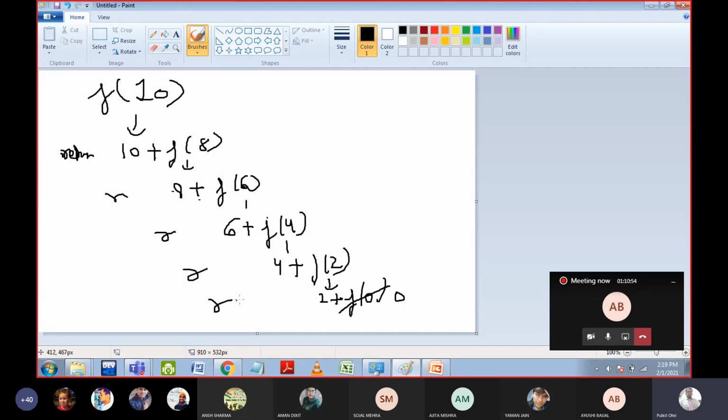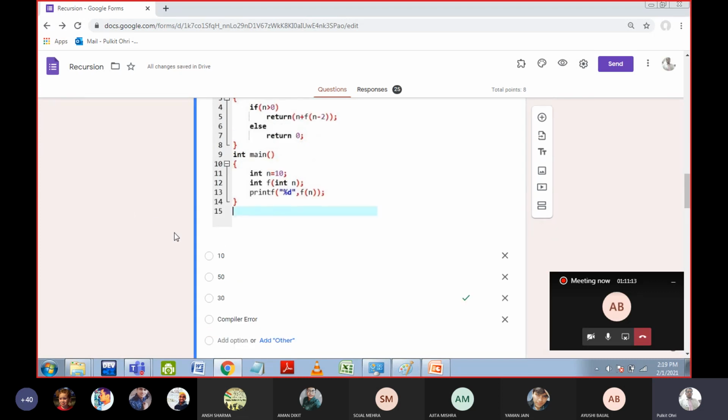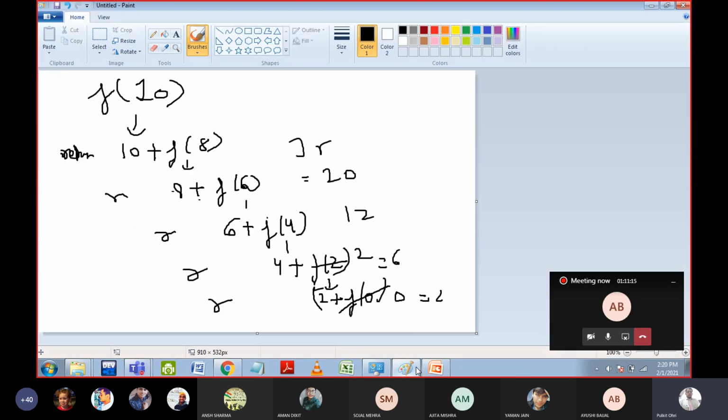Okay, so 2 plus 0 will become 2, and you have to return it to f of 2, so 2 will go here, and it will become 6, here it will become 12, then 20, 30. So I am getting 30 as the answer, and that is the correct answer. If someone has a doubt they can ask. Just draw the recursion tree and you will get the answer.